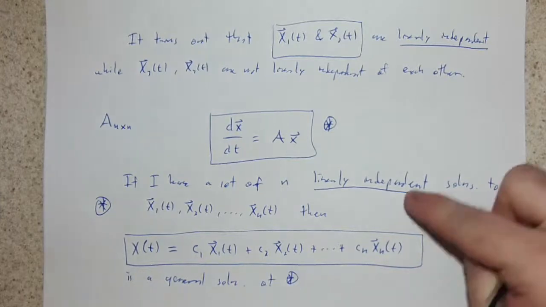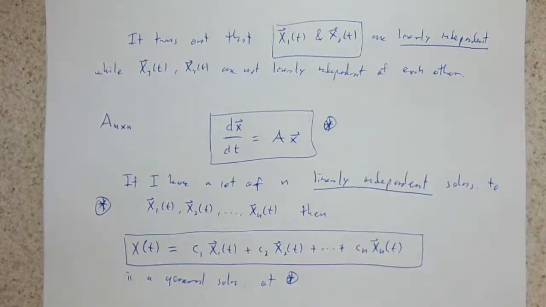Now, I haven't defined what linearly independent means technically, and I will soon enough. But if I have n linearly independent solutions, then this is said to be a general solution of my system. Okay. All right. So notice, first of all, the similarity between this statement and what we had for general nth order